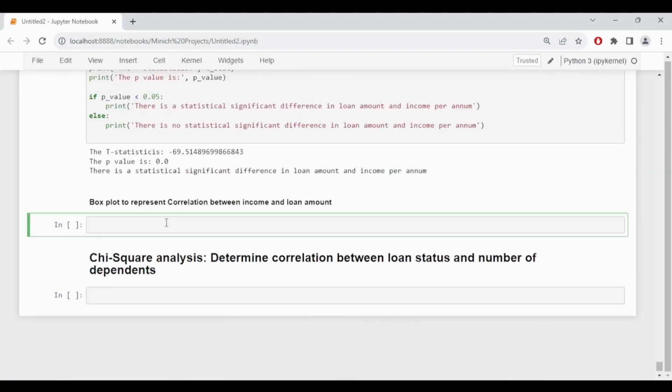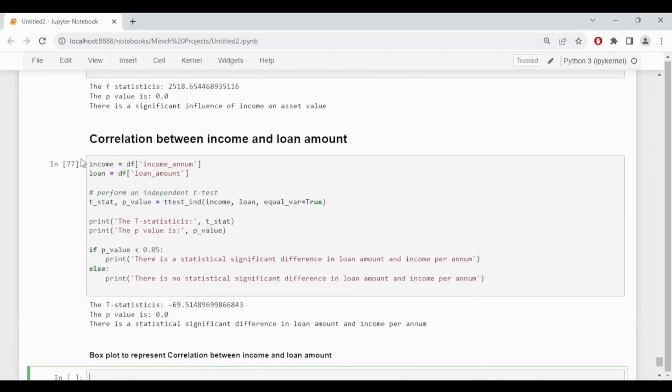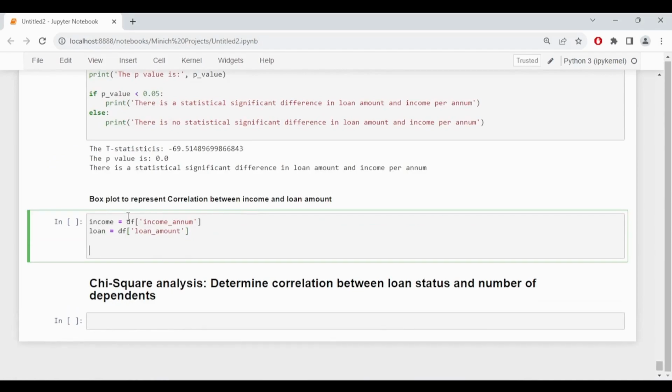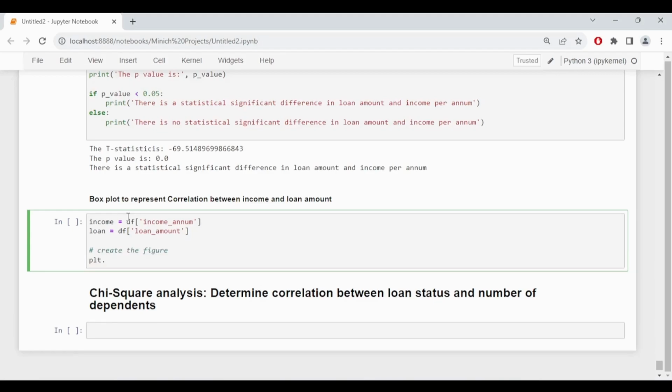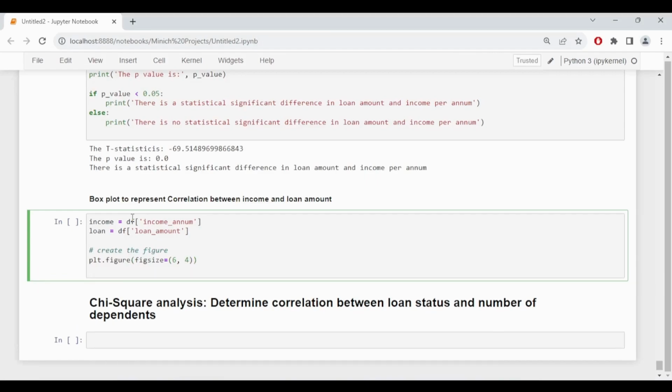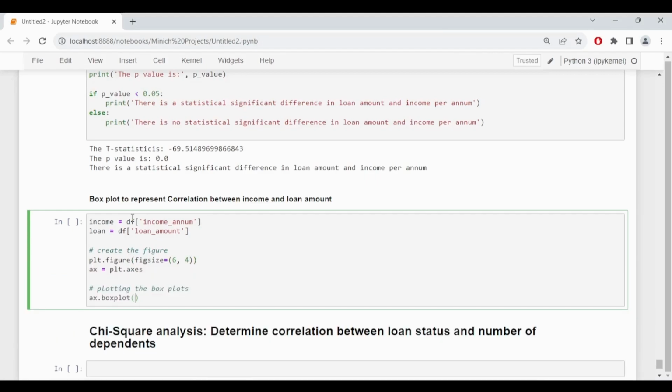We are going to first specify the data that we will be handling. Then after this, we'll go on to create the figure. So I'll be using the matplotlib library. With this, I'm just setting the size of our figure and setting the axis. I'll be using this function to create our box plots, and I'll supply in the